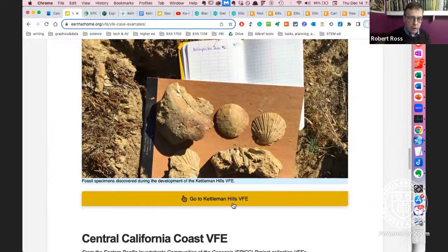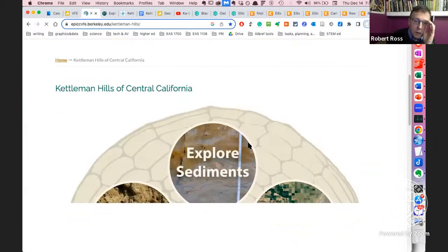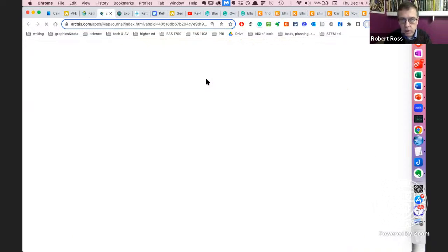And so if I were to click on here, it would take me to the Berkeley site. So here is our EPIC virtual field experiences site. And each of these localities here is or will be a virtual field experience. So Central California is the one that I'm referring to. And here is the sand dollar that we just looked at. The module I'm most familiar with, because I was involved in making this one, is the Explore Sediments one. But it's not necessarily the best one, I can assure you, but it's the one that I happen to know